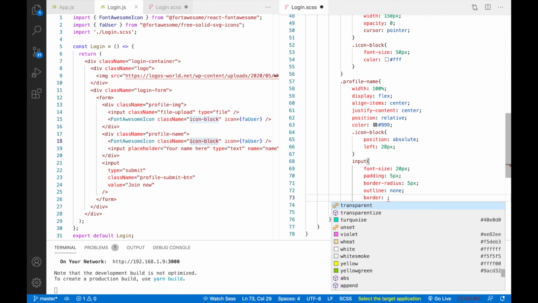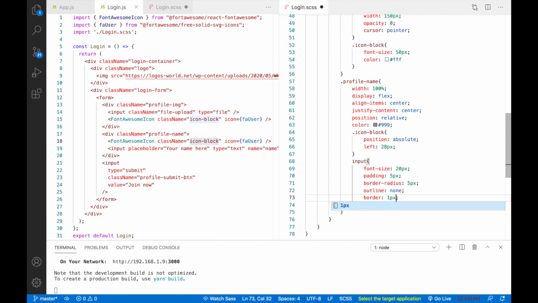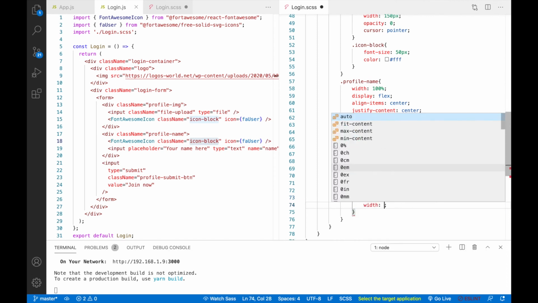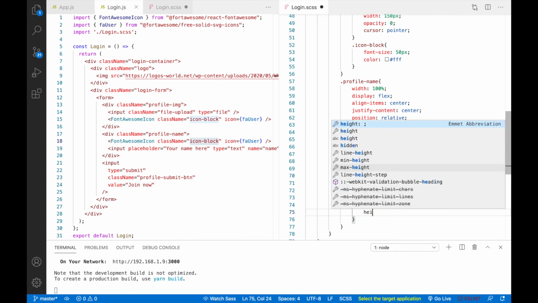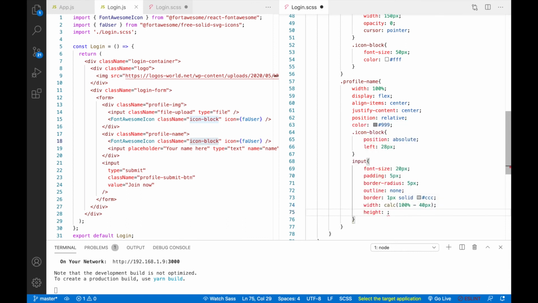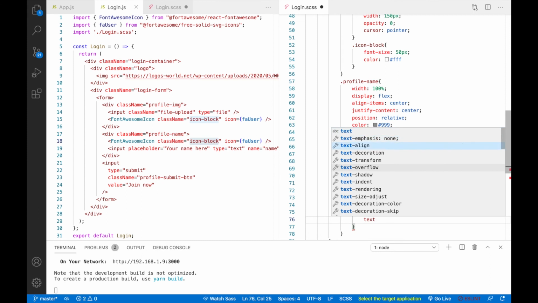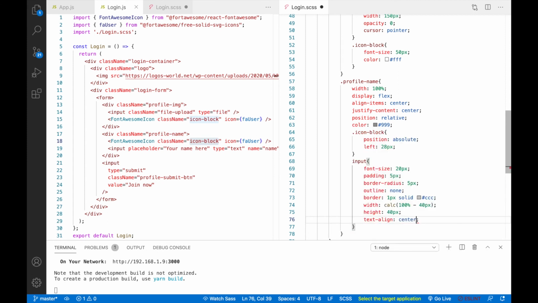So border, so this will be 1 px solid, and then some gray color. Okay, so we'll give some width also, so this width will be 100% minus 40 px, and height will be 40 px, and text align, so this will be center.